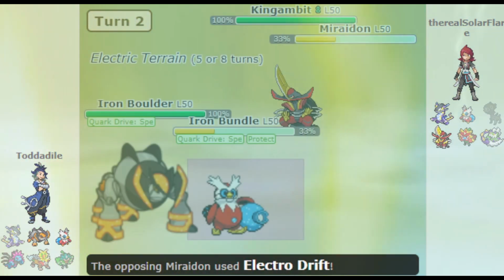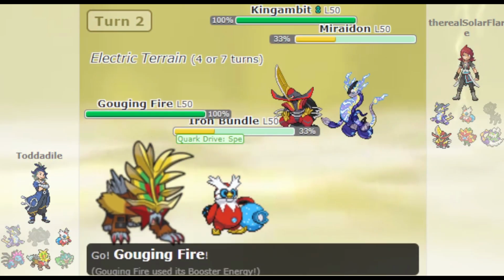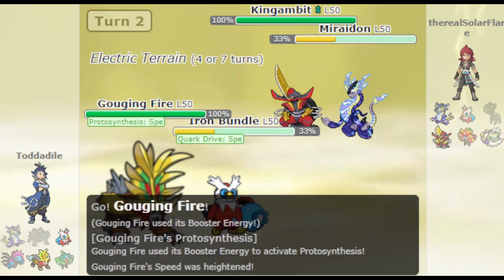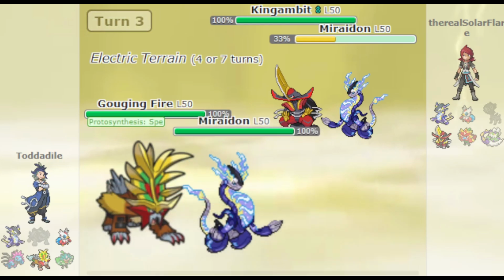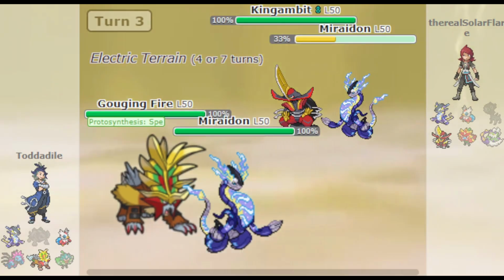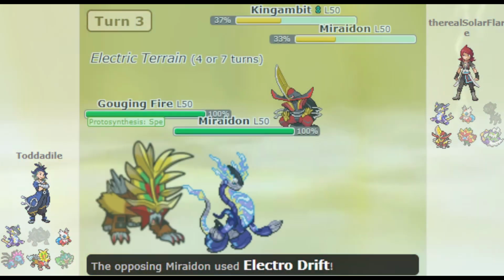He follows up with the Electro Drift, takes their Iron Boulder in one shot. My next Pokemon is the Gouging Fire, get that Photosynthesis boost. Expecting another Sucker Punch, I switch into my own Miraidon, and poor King Gambit's unable to attack again. Followed up with the Heat Crash, King Gambit hangs on, he goes for the Electro Drift, does some good damage